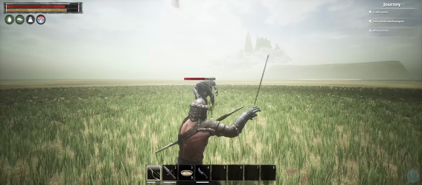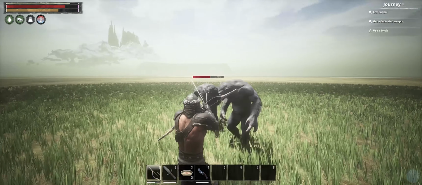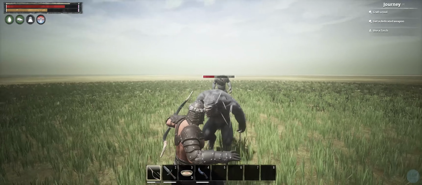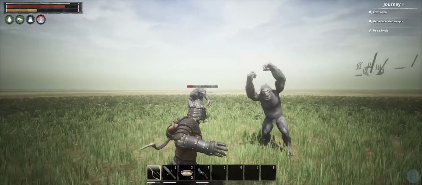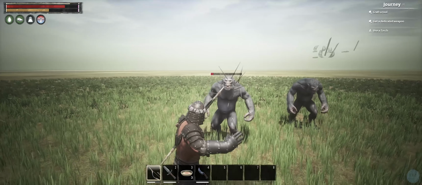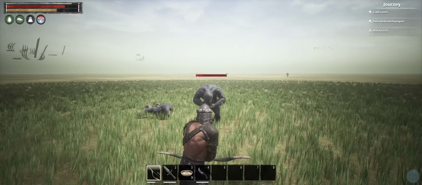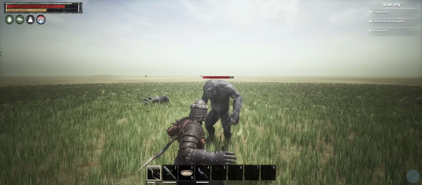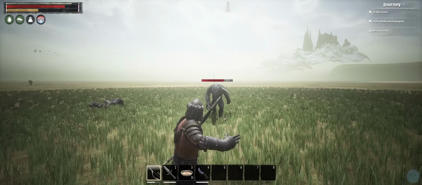So I pulled two by accident, but again, these guys happen to also fail the kite test because I'm just moving backwards and shooting. There's no dodging going on. I'm not having to aim anything special. I don't have to stop to hit them. The only thing I really have to do is watch my stamina bar, keep moving backwards, and try not to